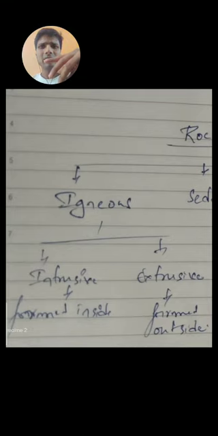So what happens is that eventually they get cooled down and turn into a rock. So in simple terms, igneous rock is nothing but solidification of magma or lava. So what is magma and lava? Magma is the liquid inside the earth. When liquid comes out of the earth, it is called lava. Both are the same. Inside the earth it is magma, outside the earth it is lava. When this magma or lava turns into rock, that type of rock is called igneous rock.